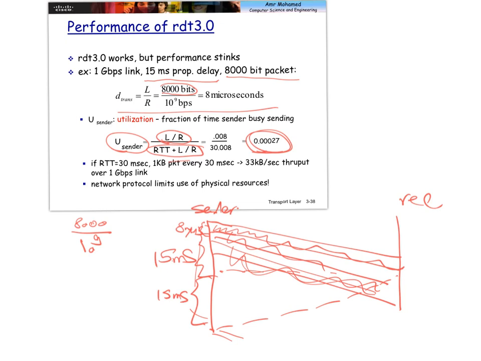And I didn't have to wait. I waited for one acknowledgement, given that this acknowledgement will be accumulative for all of them. So I sent 3 packets, and the receiver received all these 3 packets and sent me one acknowledgement for all of them. If that's the case, then the utilization will be multiplied by 3. So imagine if this is like 50 packets, then this utilization can be raised up. But this requires an even more complicated mechanism than what we have talked about so far.